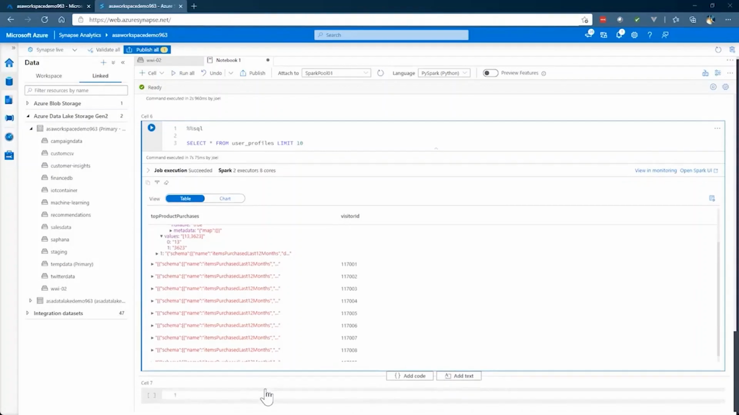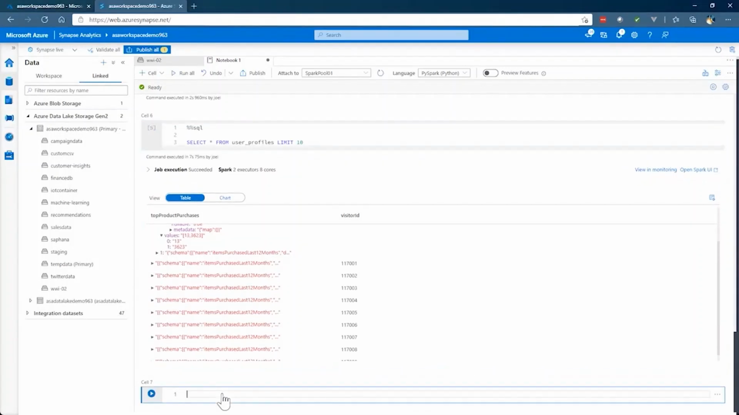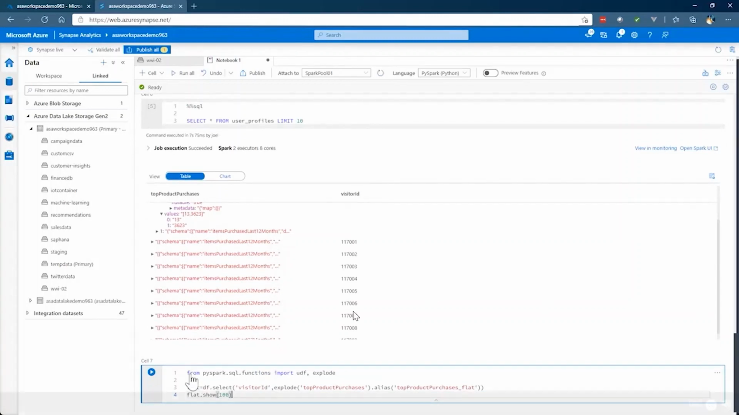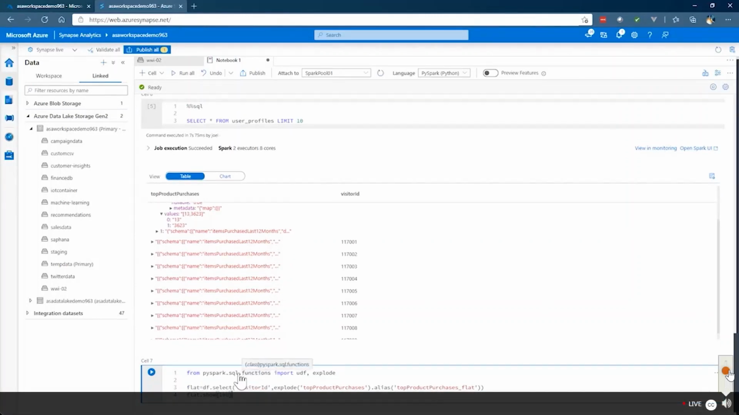PySpark contains a special function called explode. So first we're importing from pyspark.sql.functions the UDF